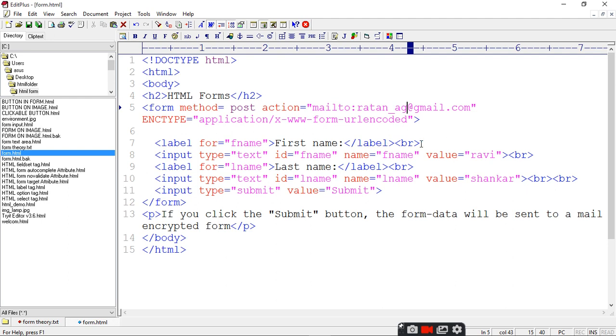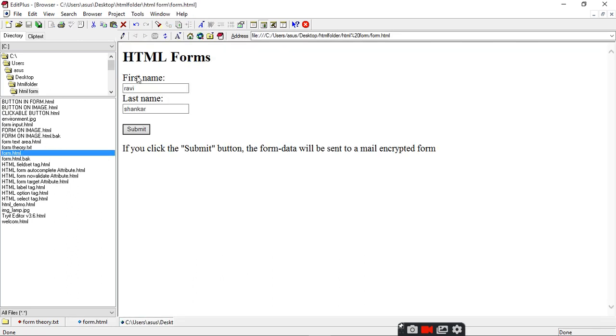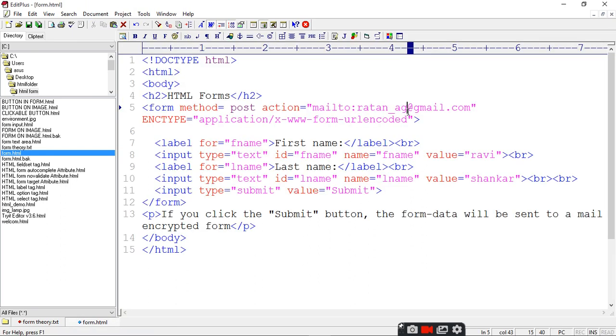br means you are displaying your data on the next line. By pressing br you will get an enter. Here you see first name, after this the text has come down. अगर आप BR नहीं लगाते तो टेक्स्ट नीचे नहीं आता.